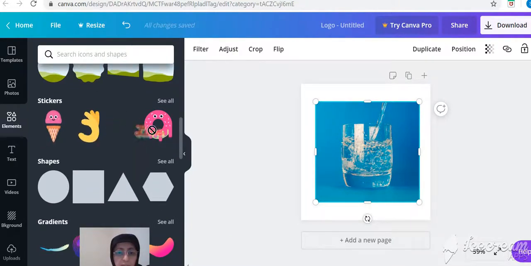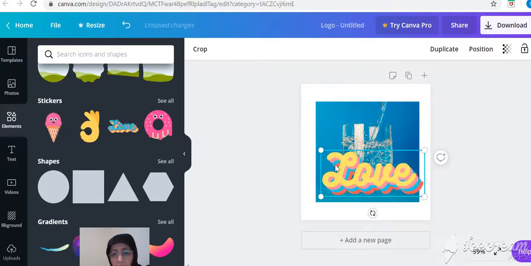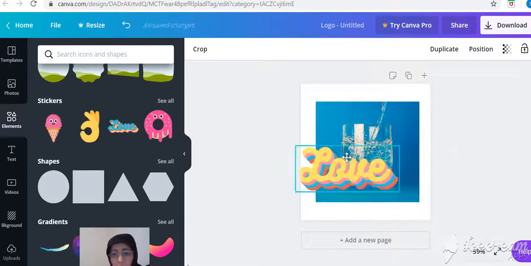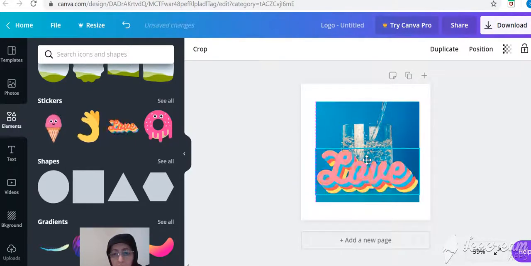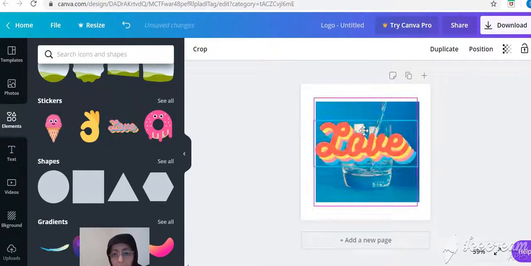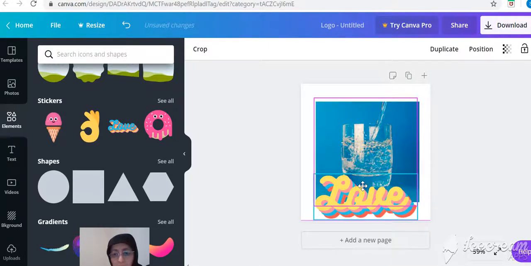So this is free. There we go. And you can crop the picture. You can move the picture with your cursor. It's up to you, whatever you like. So the reason